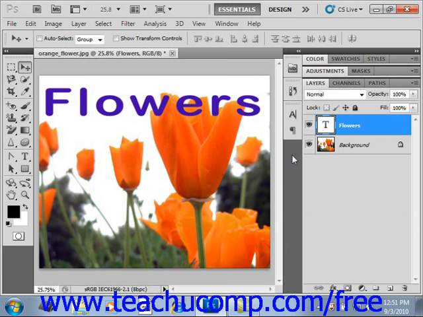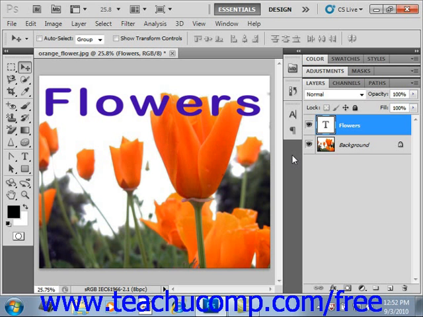Now, you may also convert type layers between point style and paragraph style. It's important to note a few changes that will occur when you convert the type of text. When you convert from paragraph type to point type, a carriage return will be added at the end of each line of text, except the last line. Also, all characters that are overflowing the bounding box of the paragraph type will be deleted. So make sure that you have enclosed all text in the paragraph bounding box that you want to retain before